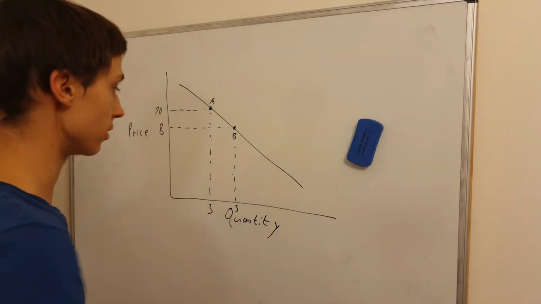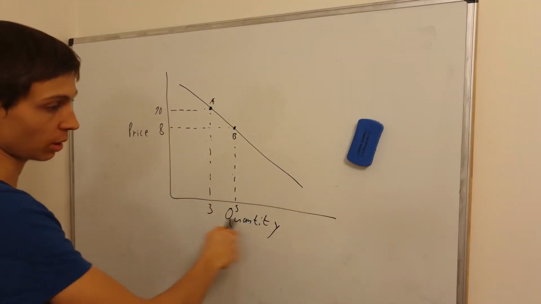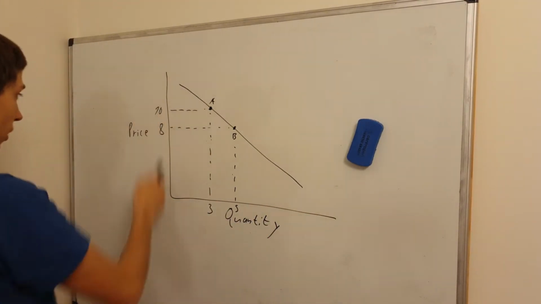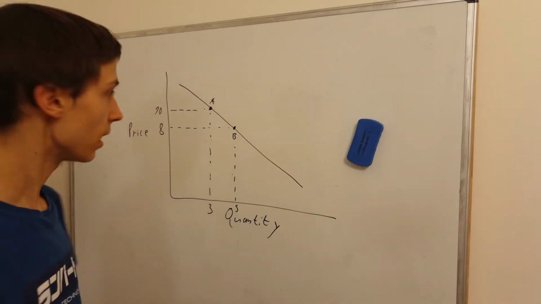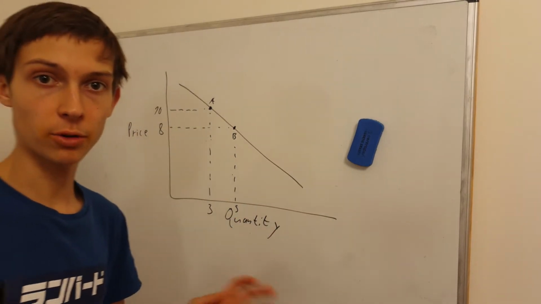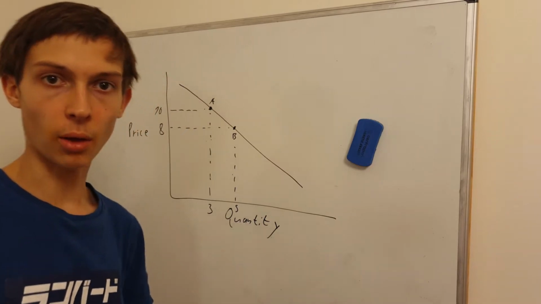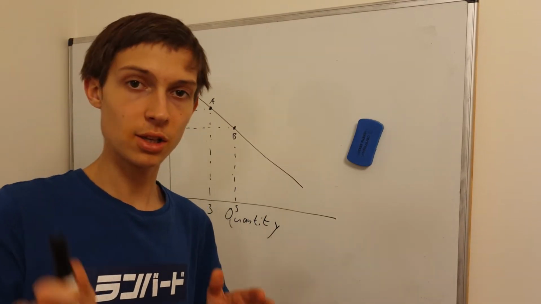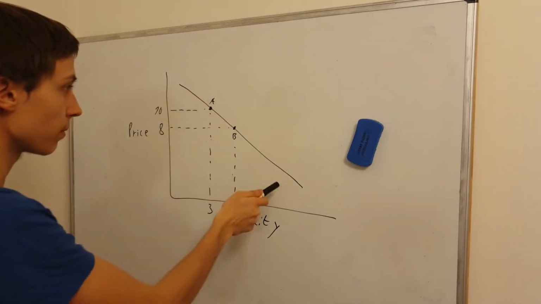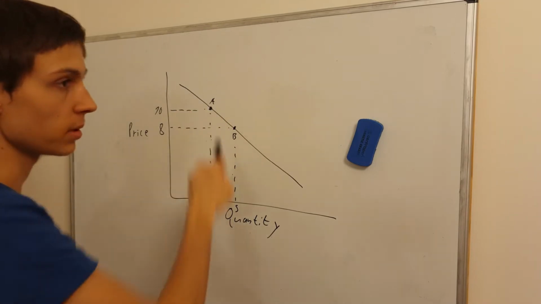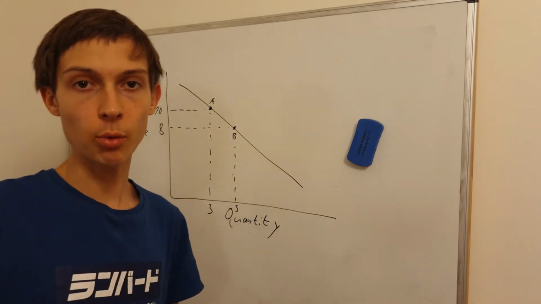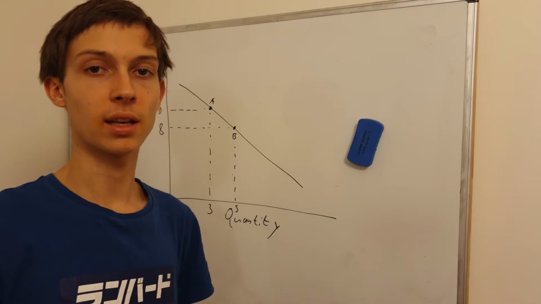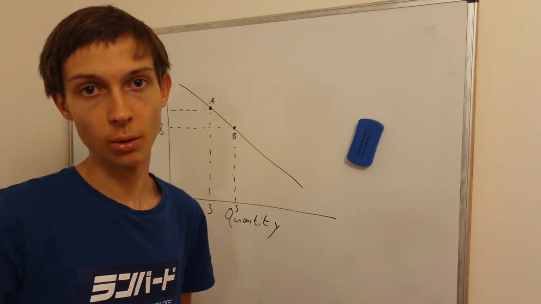We have these axes. On the horizontal axis is our quantity, and on this vertical axis is our price. And this curve is the demand curve I just drew. We are going to be calculating the price elasticity of demand on this curve going from point A to point B. And by that, I will explain how the price elasticity of demand can be calculated and what